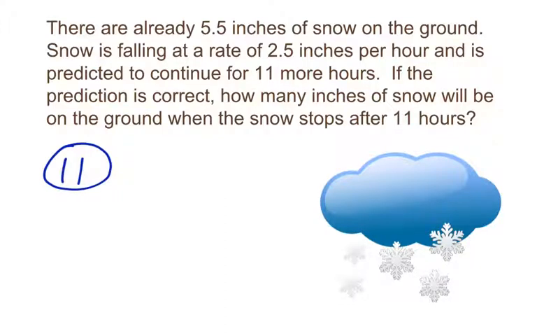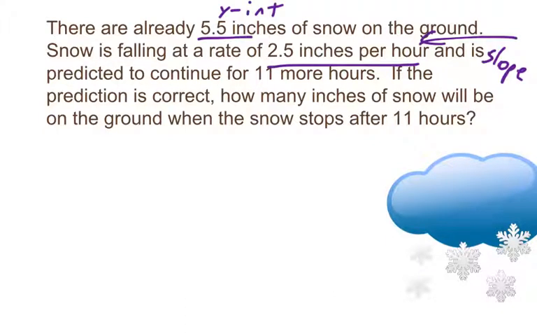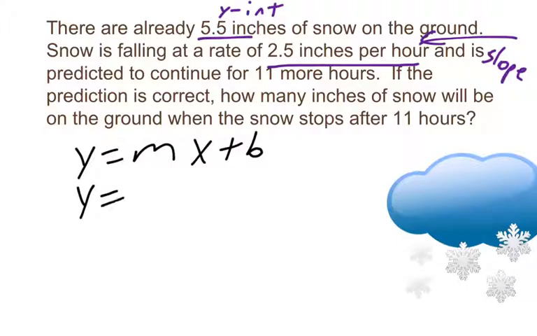Alright, and now for your solution. Did you label them correctly? The y-intercept is 5.5, the slope is 2.5. So into our equation, we just plug in